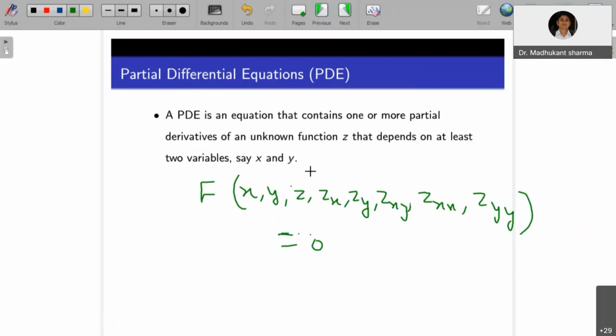Okay, now I wish to mention a further notation here. Zx is dou z by dou x. I hope all these notations are very clear. The second thing you may ask is what is zxy and what is zyx. Since in partial differential equations we keep in mind that the mixed derivative theorem should be applicable,